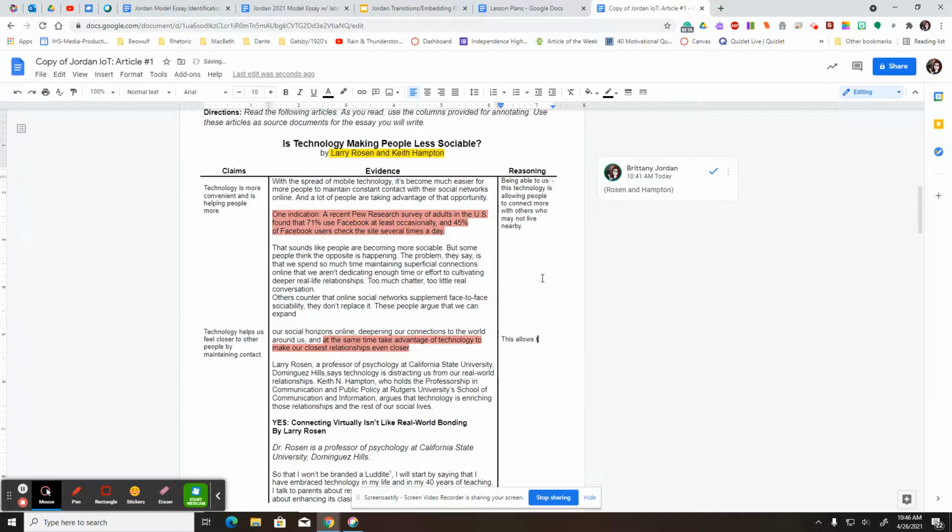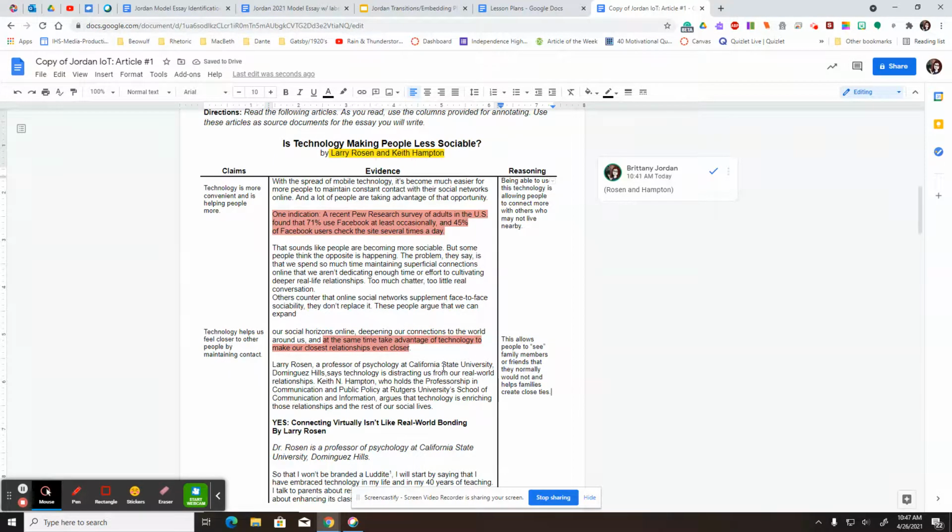This allows people to see family members or friends that they normally wouldn't. I'm going to put "C" in quotation marks actually. And then it helps families create close ties.